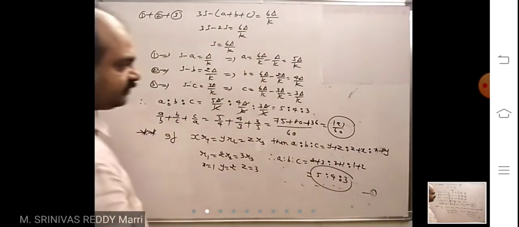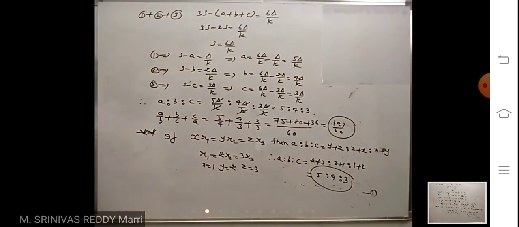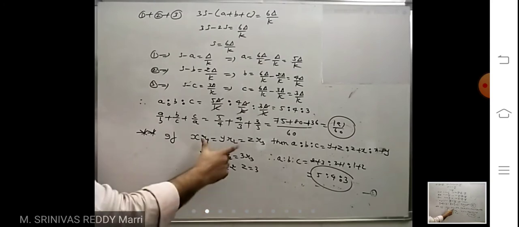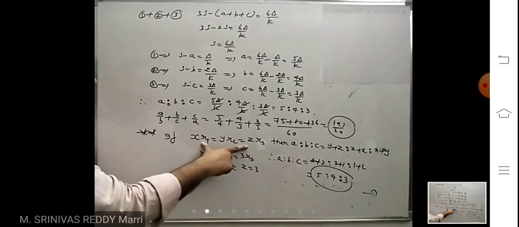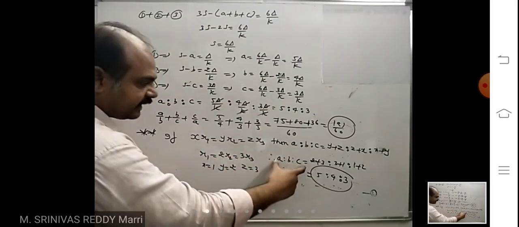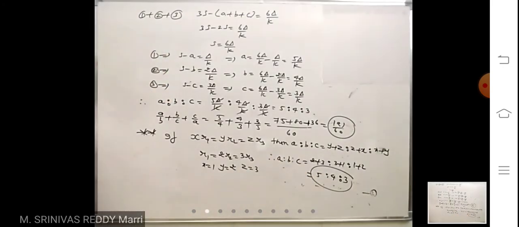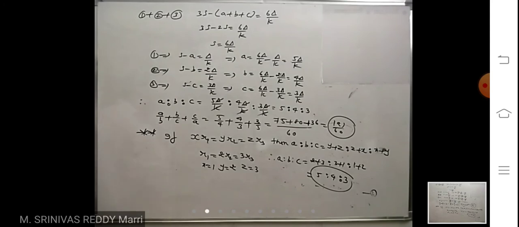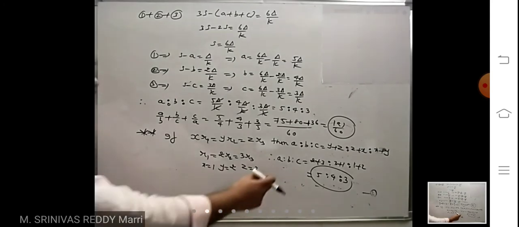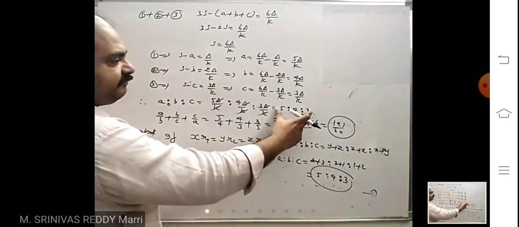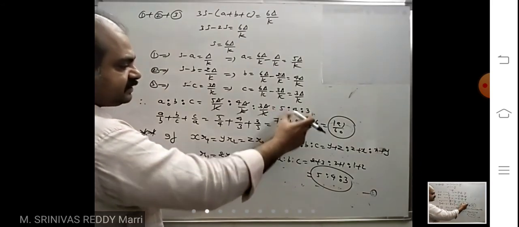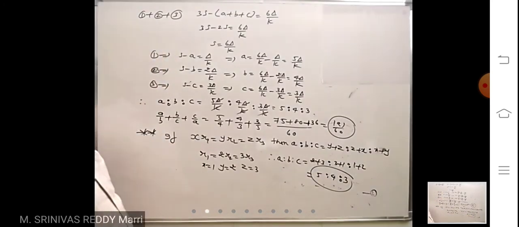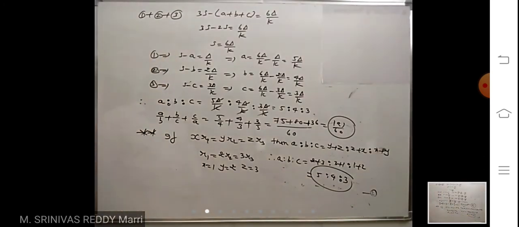That is the answer. This only you got here. 5 is to 4 is to 3. This is by doing concept wise. Right, if you want to remember the shortcut, whenever you want to calculate the ratio, you can calculate easily. Both methods you have to take. So you got the ratio. After getting this ratio, the problem will be easy. A by B means you will get directly 5 by 4 here. Very important shortcut, remember this one.